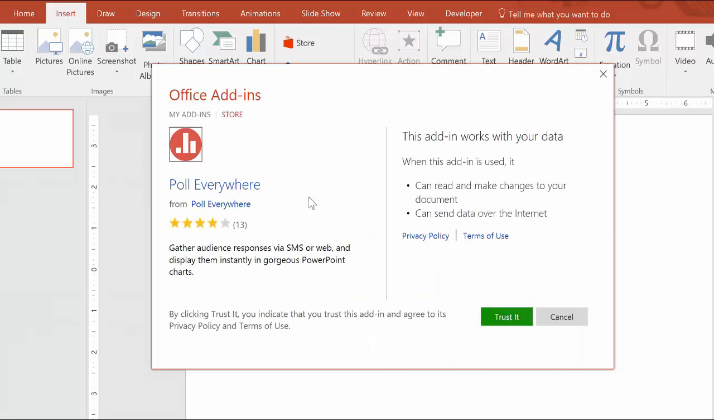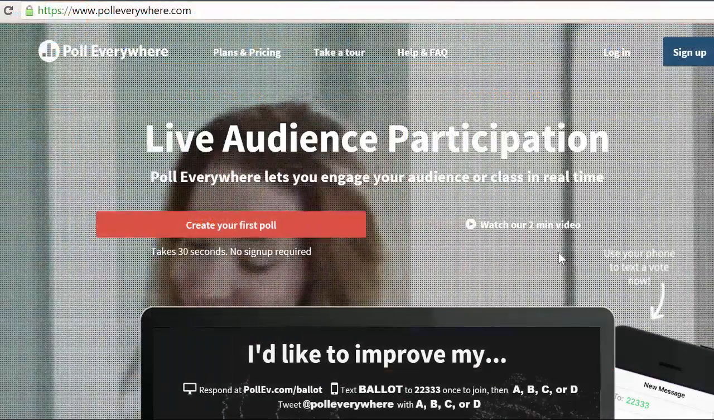And then just hit the Trust button here. And since I already have it installed, I won't actually click it right now, but I just want to show you how to do it. And now for earlier versions of PowerPoint, the easiest way to download it is if you go to the website,